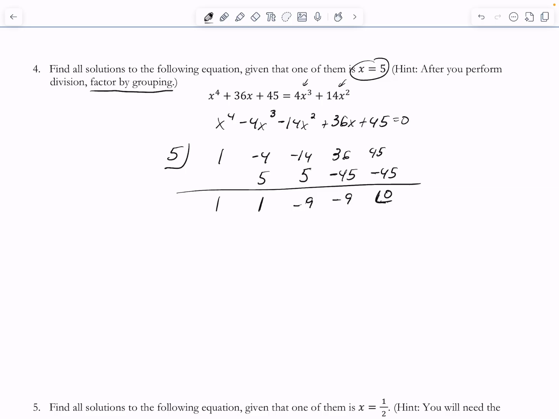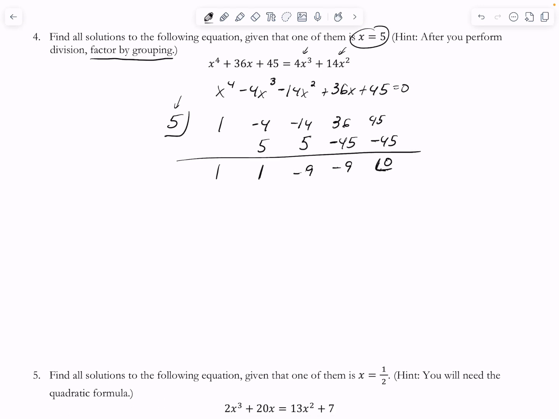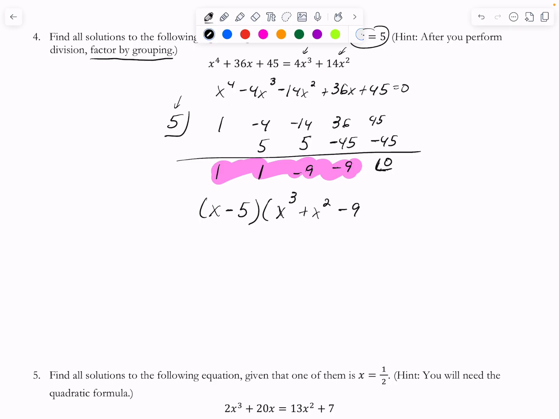Okay. Now, you might be wondering, how come I didn't switch it to be -5? This one told us the solution is x equals 5, so I just wrote it in the corner. The first 3 told us that they were factors, and when you do that, you have to pull the opposite sign with it. So essentially what I'm doing here is, this is one of my solutions, so watch how I write that factor, thinking opposite, x minus that solution. Okay, these coefficients are going to give us the other factor, which is x cubed plus x squared minus 9x